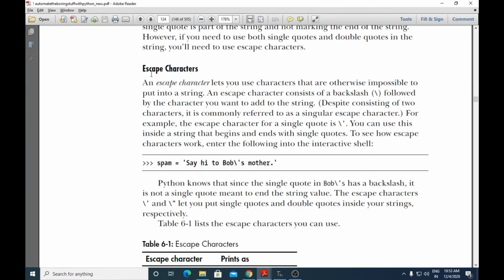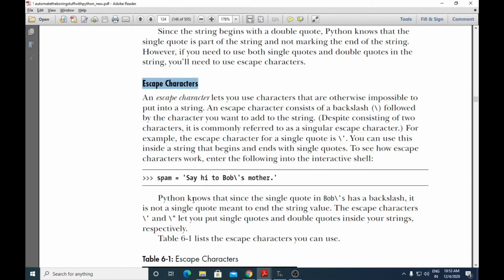Another way of printing a string is making use of escape characters. We had seen that if we are using single quotes, we cannot use a single quote within that string. So then what has to be done is you can make use of escape characters. Let us see what escape characters help us with.